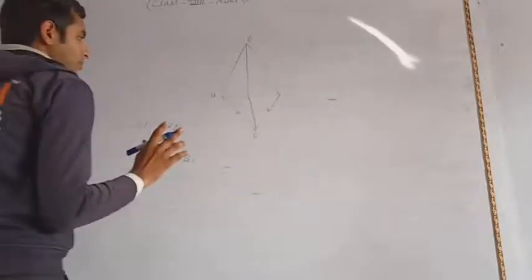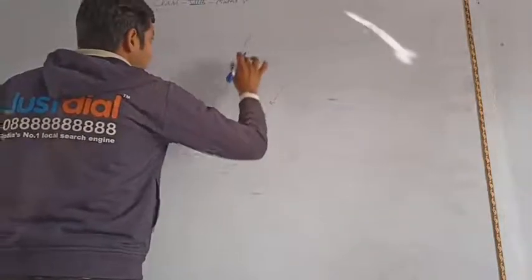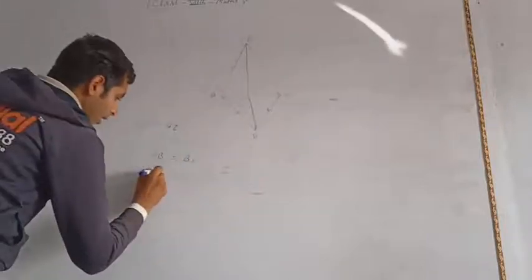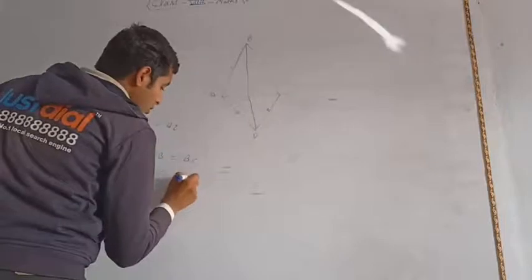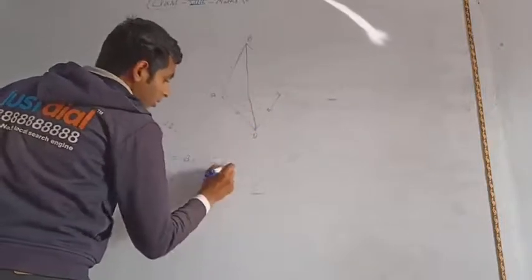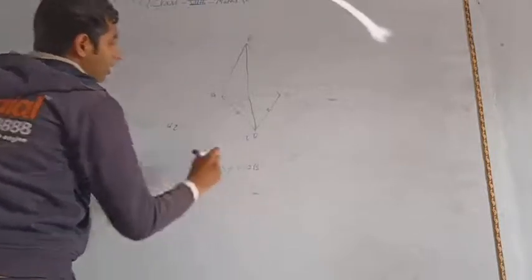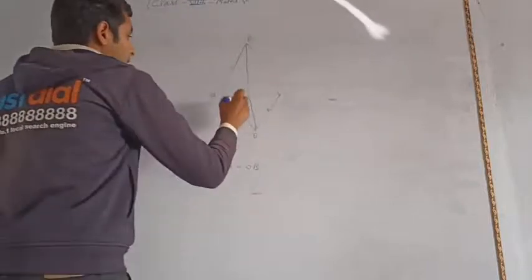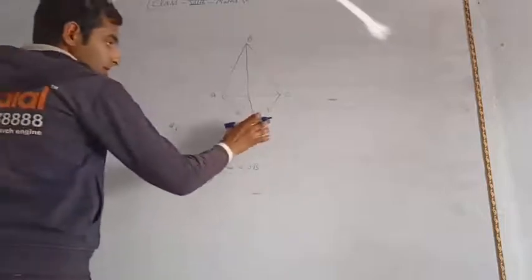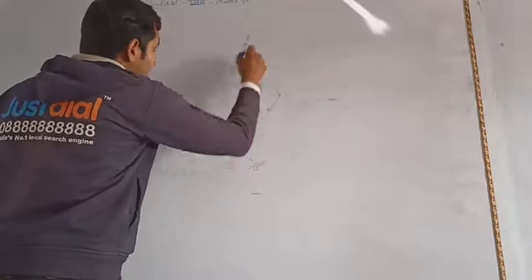Two triangles also form. From here we can see that AB is equal to BC, and also AO is equal to CO, and also OB is equal to OB. Given that, OB is common in triangle ABC.